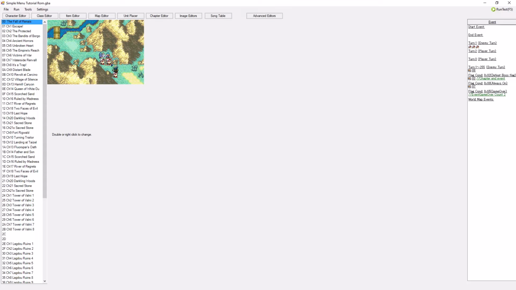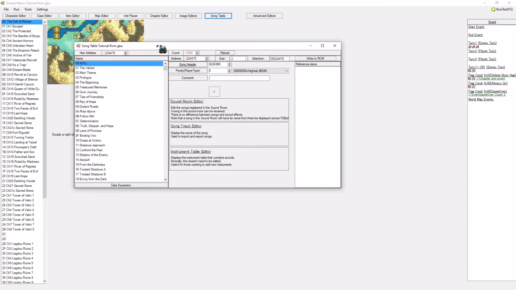So imagine you wanted to bake a cake. Then the MIDI would be the recipe you need in order to bake the cake, and the ingredients would be the instruments. Now, if we go to this little window right here, to song table, you can see that there's